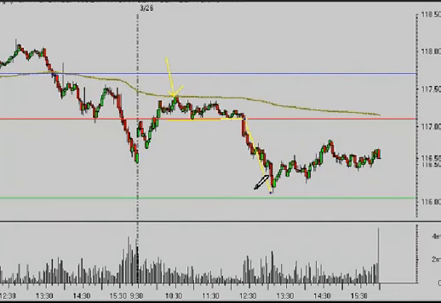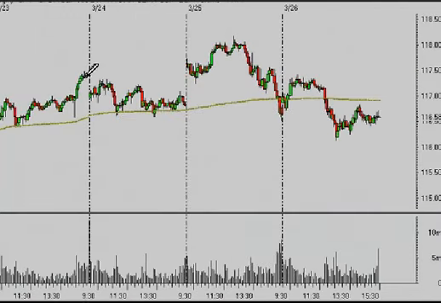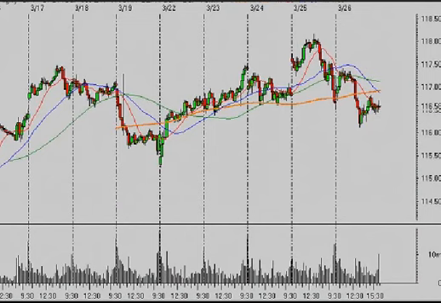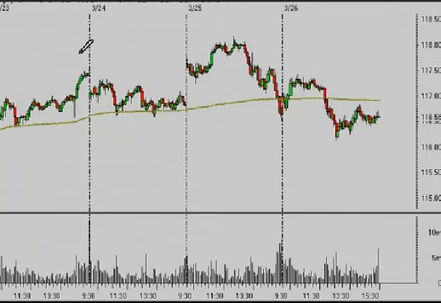Altogether, we did lose 7 cents on the S&P 500 for the day. If we take a look at the week, we started with a gap lower, but the average price in the S&P 500 this week was right up at about 116.92. So on average, the average long is losing money from this week. Very short-term oriented analysis, obviously, but still worth noting that on a volume-weighted basis, the average long participant is losing a very small amount of money this week.